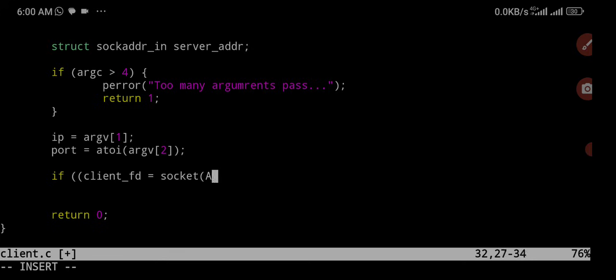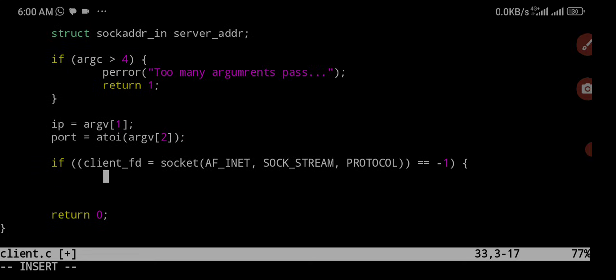We pass in the AF_INET family, pass in SOCK_STREAM, comma, and we pass in protocol, and we close. We say if this is equals to minus 1,